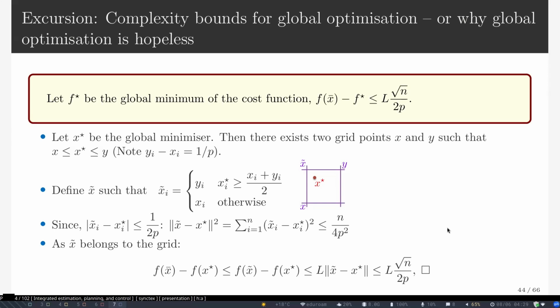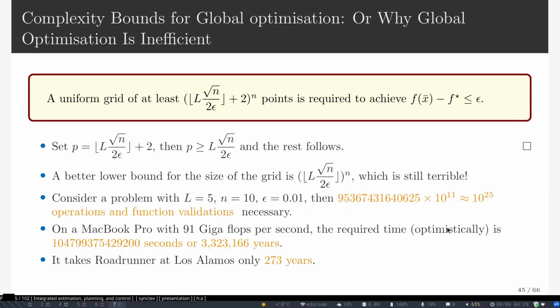Yeah. I guess it gives you a bound on the error, so you can show the speed at which it converges. Yeah, it really does. Let's be a bit more specific. It really gives me a recipe of how many discretization points I need if I'm interested in an epsilon accuracy. So we need a uniform grid of these many points to have an epsilon accuracy. It's really just the inverse argument. So set equal to this, the rest really follows.